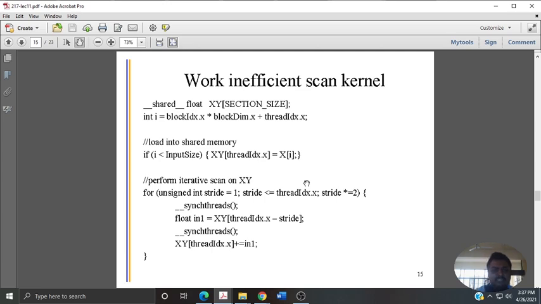The code again, section size, I just don't read that, but ultimately section size is whenever you are taking a block size. This is the computation that can be accommodated, how many threads can be spawned to compute on this particular computation. So that is normally your section size. Block idx.x and block dimensions, because ultimately you want a global index, and hence you go for that block, say 0th block, and then the offset in that particular block.